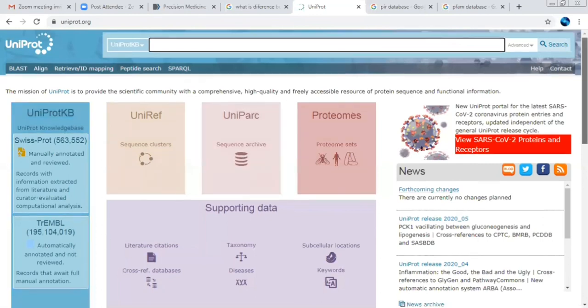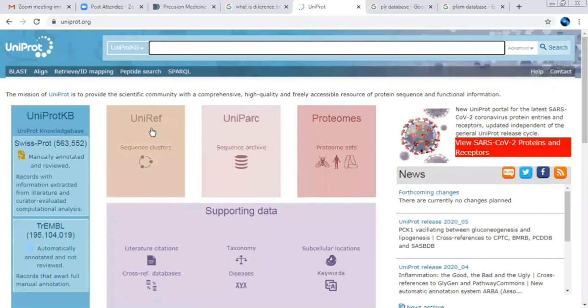And you can see that the UniRef database is linked over here. Here you can see the proteome. If you are interested in the proteomic study of any disease, you can directly click on this proteome tab, and you can see the proteomes of human, bacteria, and fruit fly provided to you. Here you get your overall proteome data sets with respect to your disease of interest. And you can see certain supporting data.